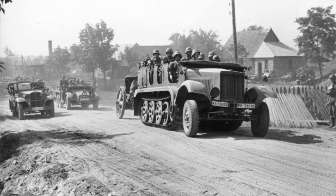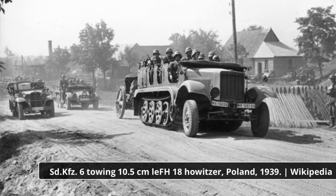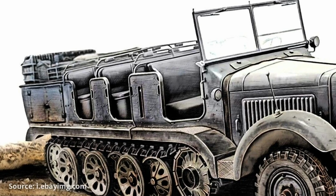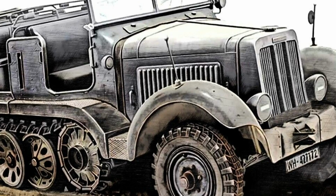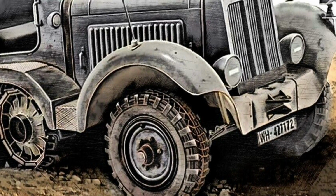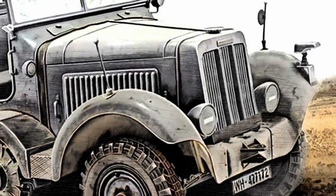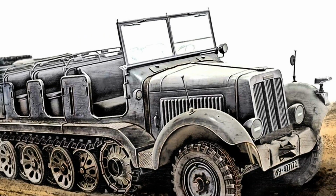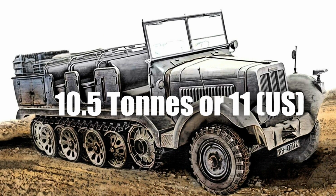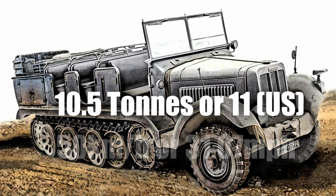The vehicle was based on the modified chassis of the Sonderkraftfahrzeug 6 half-track, specifically the BN9B subversion. This subversion featured redesigned suspension using torsion bar units, the addition of 2 extra road wheels, and the installation of a more powerful 115 horsepower Maybach NL54 engine. With this upgraded engine and weighing approximately 10.5 tons, the vehicle was capable of reaching a max speed of 50